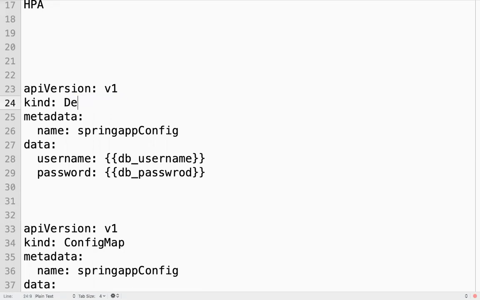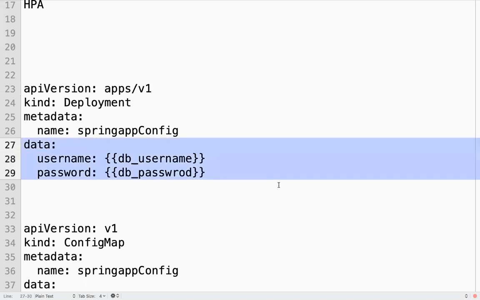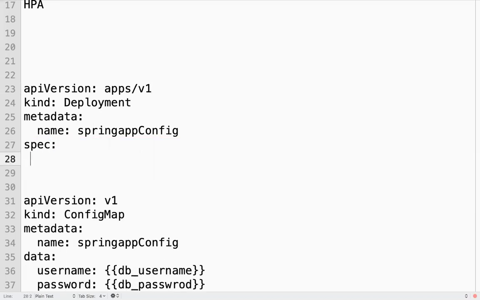You will have a deployment and all the objects required for your application to deploy. Here again, you can refer to variables. Something like this.